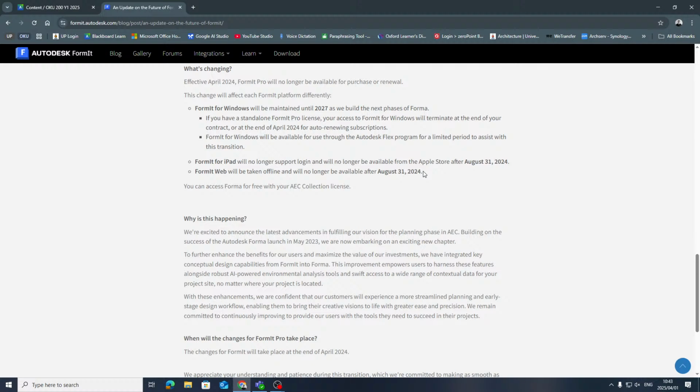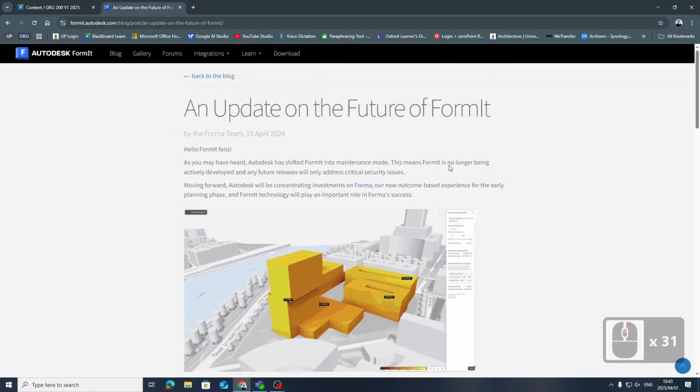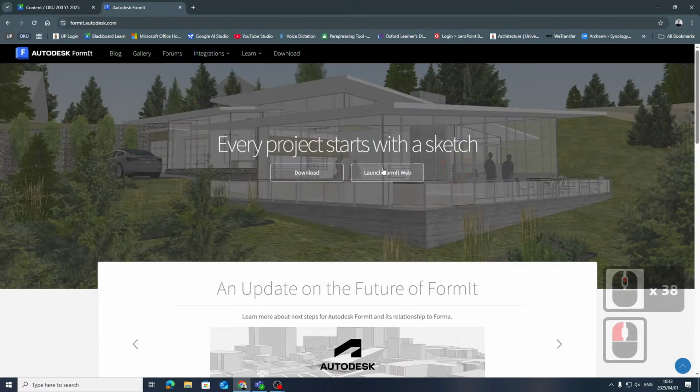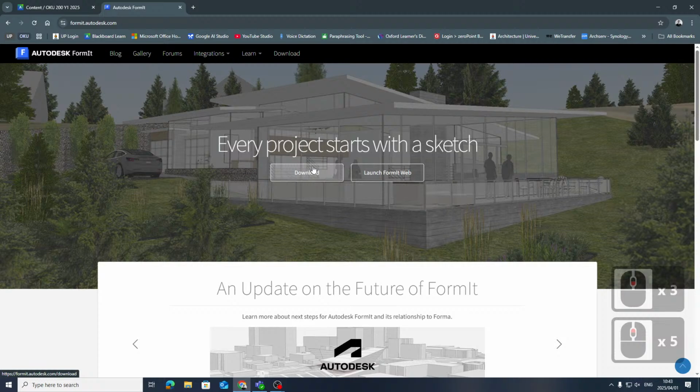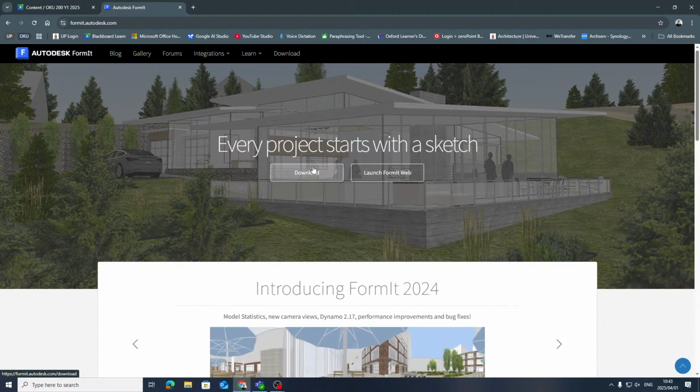So at the moment it's very conflicting, but what I have realized is that if you go and download Format Pro off this website, so let me just go back to Autodesk Format Pro, if you download the web version, the application that you install on your computer, it will install, but you can't use it because it's requiring a license. Now you can't get a license off the Autodesk website anymore.